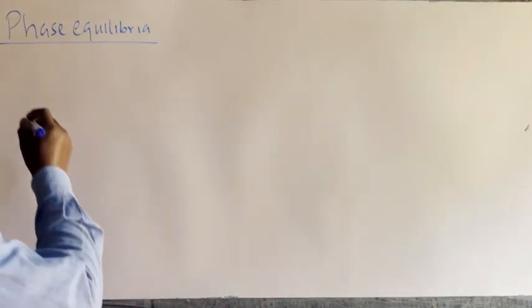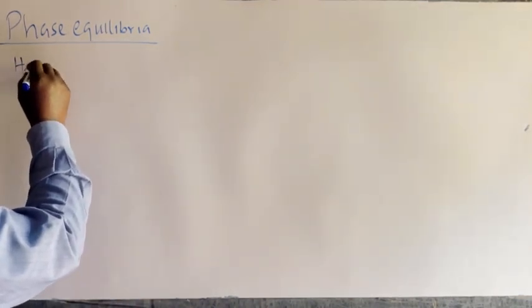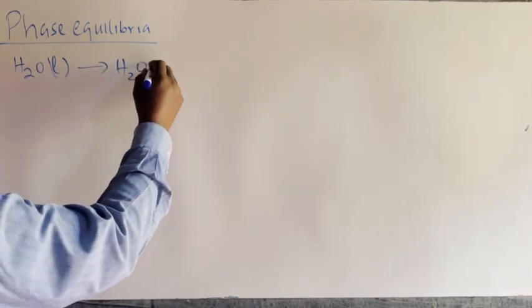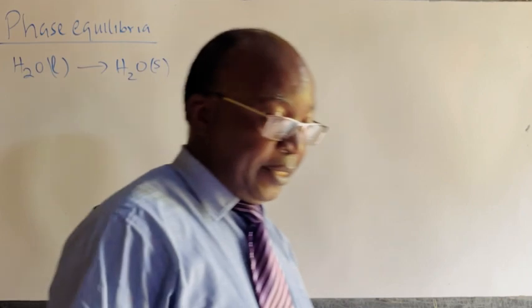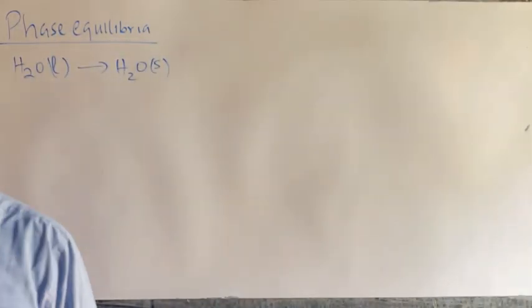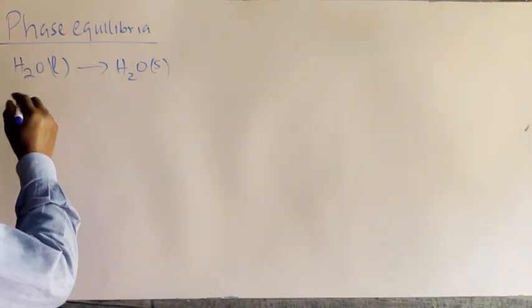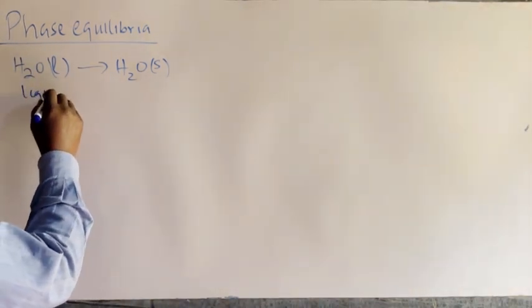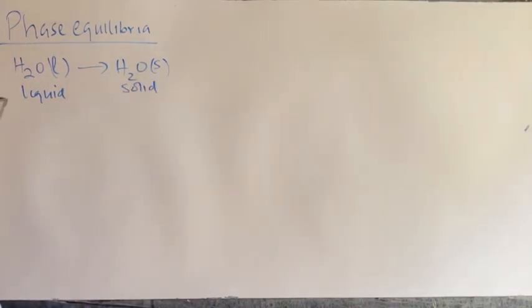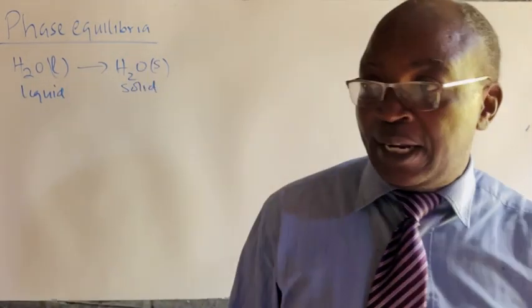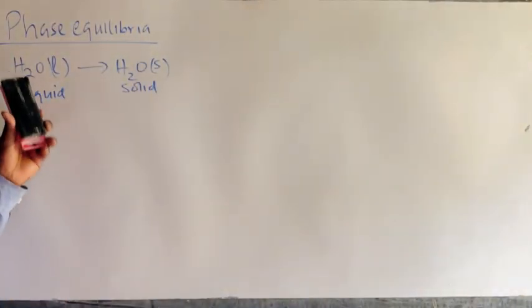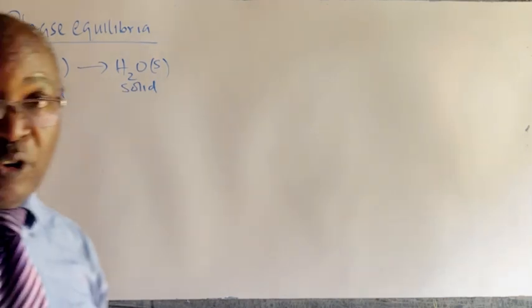So for example, if you have water being converted to ice, you put your water sample in a deep freezer, convert it to ice, and this particular process, here we have liquid, and here we have a solid phase. And notice that this particular transformation from liquid to solid does not result in any change in the chemical constitution of